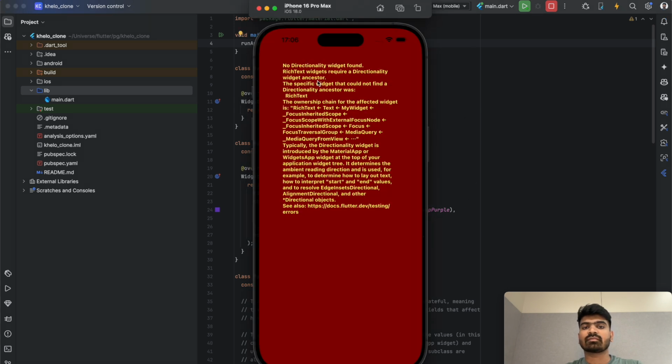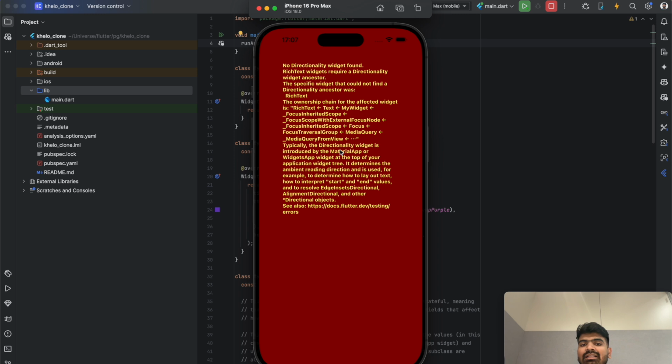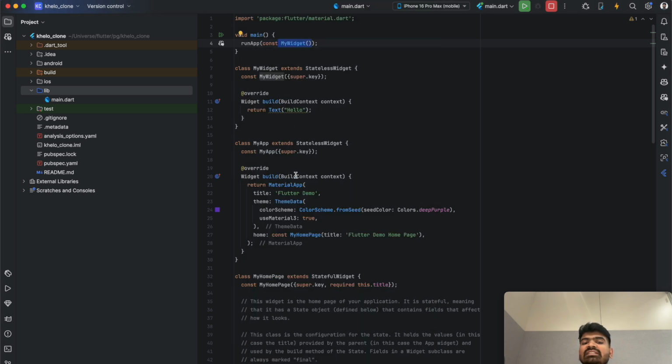run it. No, because it's saying that it needs direction and all, because I think my app needs to be at root, otherwise it doesn't get this direction. Like in language we can have left to right and right to left, so we don't know which one will be used here. So what it is saying is, in material app or widget app, widget at top of your application widget tree, and it introduces this directionality. So yeah, you need this